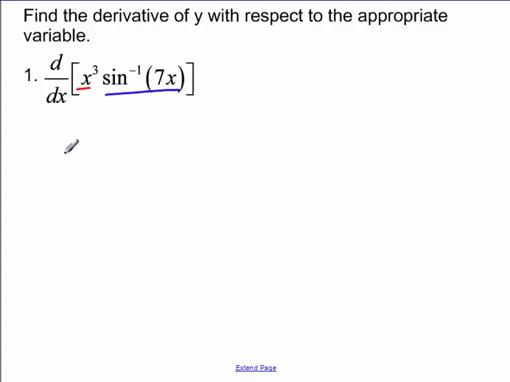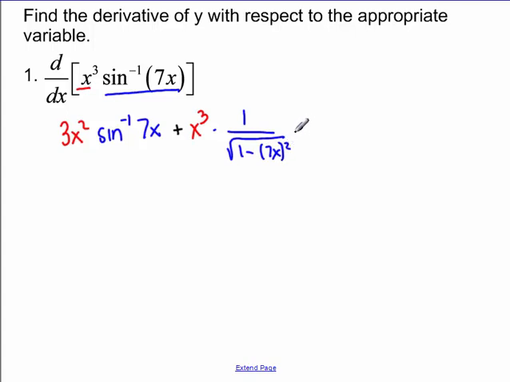So, derivative of the first, leaving the second alone, plus leaving the first alone, derivative of our second is 1 over the square root of 1 minus whatever's in my angle squared times the derivative of 7x, which is just 7. Now simplifying that,